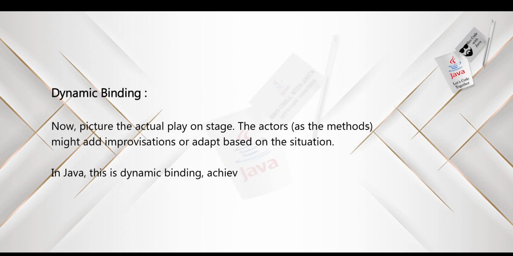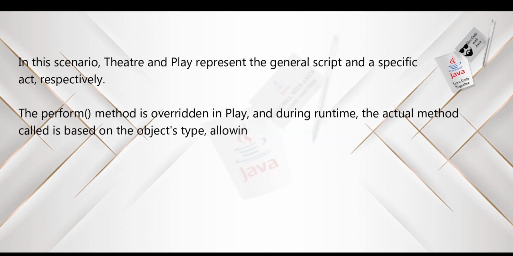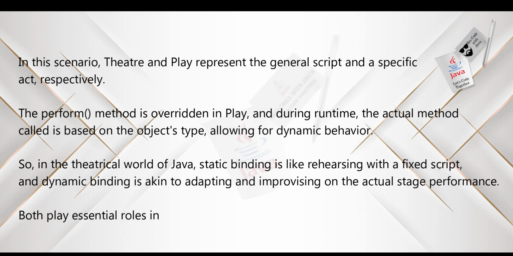Dynamic binding. Now, picture the actual play on stage. The actors, as the methods, might add improvisations or adapt based on the situation. In Java, this is dynamic binding, achieved through method overriding and polymorphism. In this scenario, Theater and Play represent the general script and a specific act, respectively. The perform method is overridden in Play, and during runtime, the actual method called is based on the object's type,